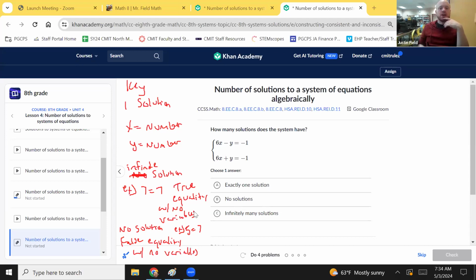All right, so let's go ahead and look at this one. I'm going to show you something that you can do if you have both equations in standard form. You can do this really crazy thing where you add the equations together. But I think it's actually kind of easy. So 6 plus 6 is 12x. Negative y plus y, negative 1 plus 1 cancels out. And negative 1 plus negative 1 is negative 2. So we get